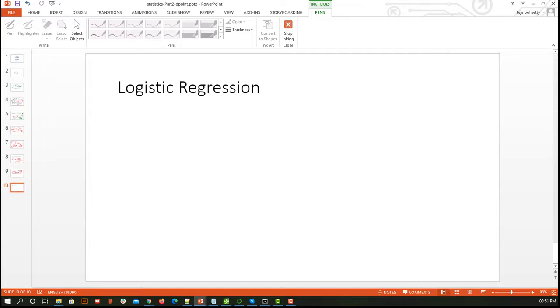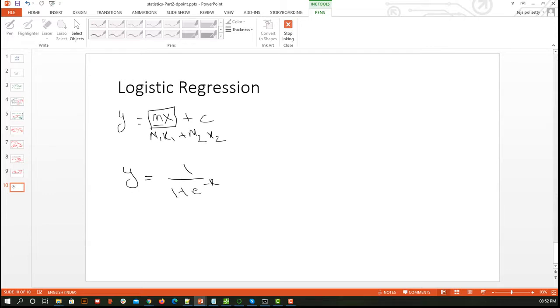If you have seen linear regression, our basic function was y = MX + C. Here, if we have two attributes, it will be represented as m1 x1 + m2 x2 and so on. I hope you understand what this capital M represents. This was our linear regression function. Our logistic regression function will be y = 1 / (1 + e^(-x)).